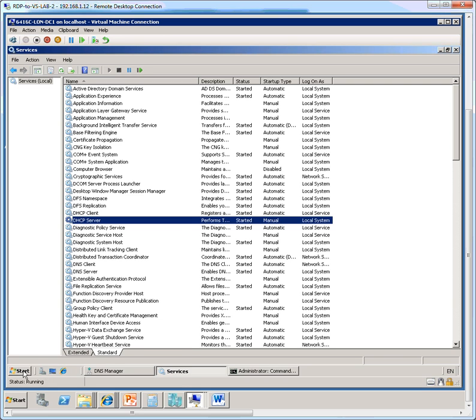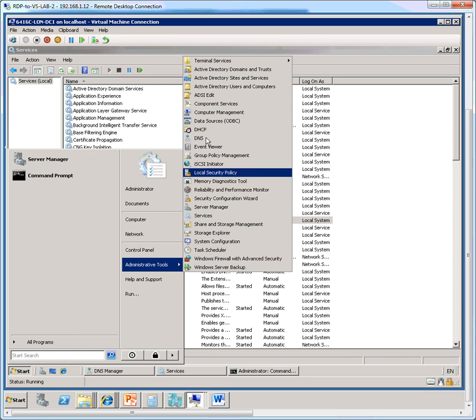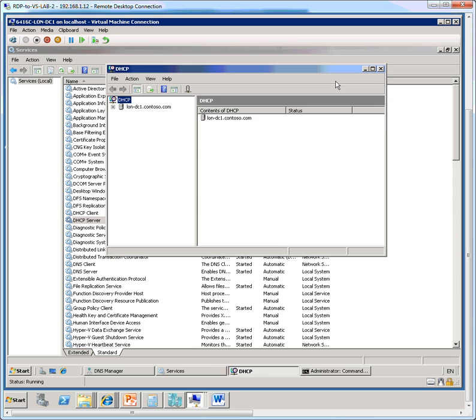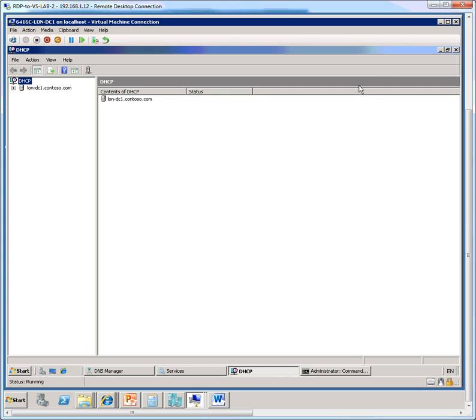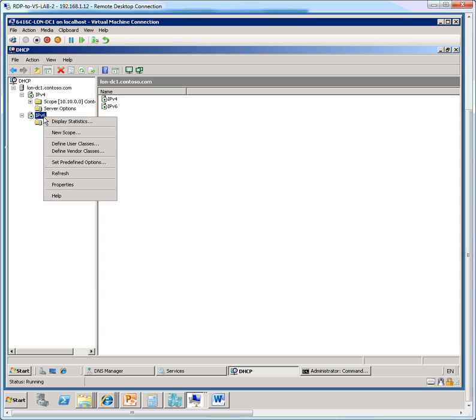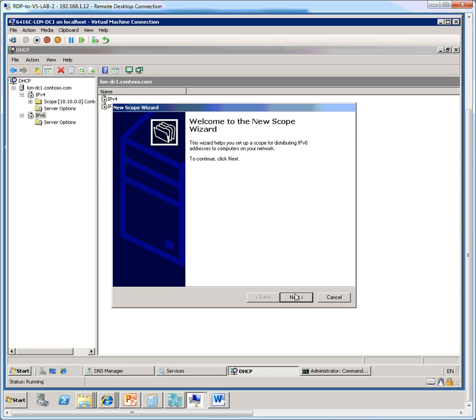Next, let's open the DHCP manager, and in the DHCP server we'll expand the server name on the left pane, on the console pane, and then we have two nodes, one node for IPv4 and the other node for IPv6. So we right click the IPv6 node and let's go ahead and create a new scope. So the standard new scope wizard page looks like this, and then I click next on that,